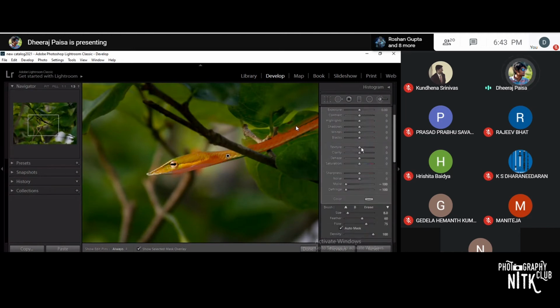So I like to add some texture over the snake skin. Never ever add texture or clarity to the extreme limits. It only ruins your photo.